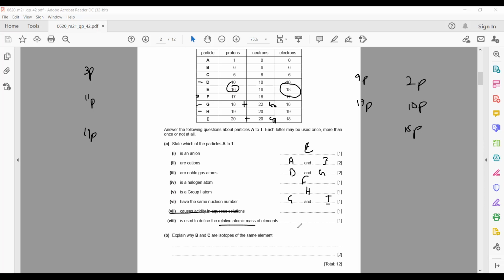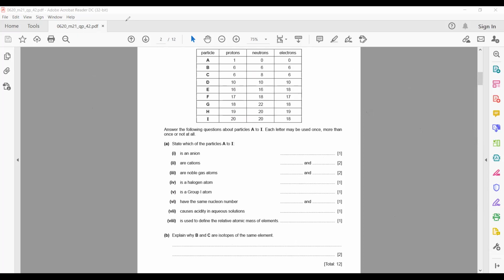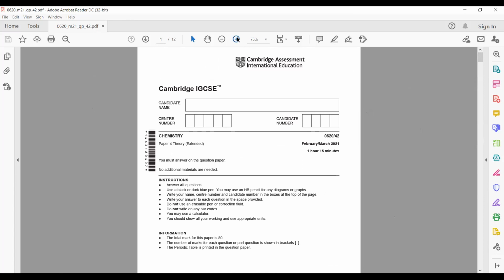It's used to define the relative atomic mass. So relative atomic mass is the average mass of atom compared with carbon 12. So which is carbon 12? Both B and C are carbon, but B is carbon 12 and C is carbon 14. The mass is 14, 6 plus 8. So that's why B is the answer. And why are B and C the isotopes? Because they have the same number of protons and different numbers of neutrons. So same proton number, but different neutron number. So in the next session,